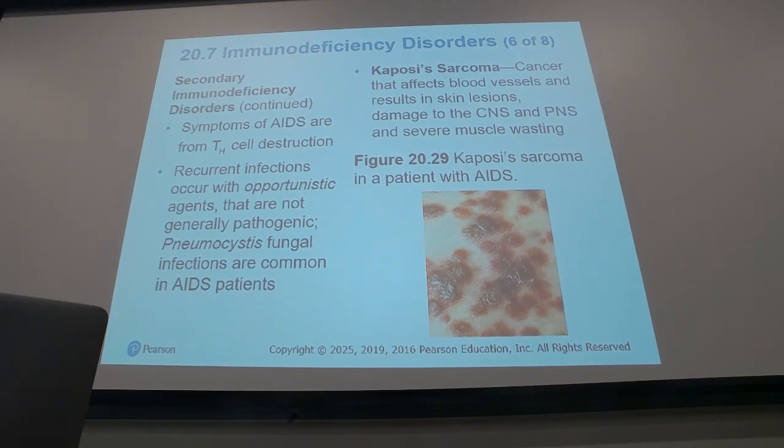So you have type 1, type 2, type 3, and type 4. ACID: A for anaphylactic, C for cytotoxic, I for immune complex mediated,